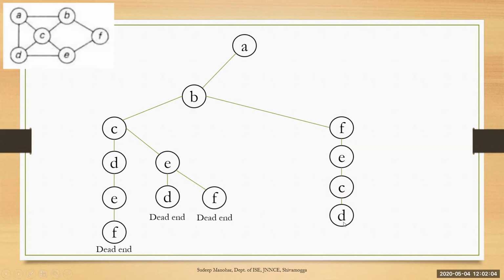So what the algorithm tells is, when you are choosing the nth vertex, if the nth vertex is connected to the first vertex, that is x1, here there is an edge from D to A. It is true. That means you can reach back to A, and that is the solution. So you should write the path like this. The Hamiltonian cycle is A, B, F, E, C, D, A. That is the solution for this problem. So this is how, using the backtracking method, we find the Hamiltonian cycle for the given connected graph. Now we shall see the algorithm.